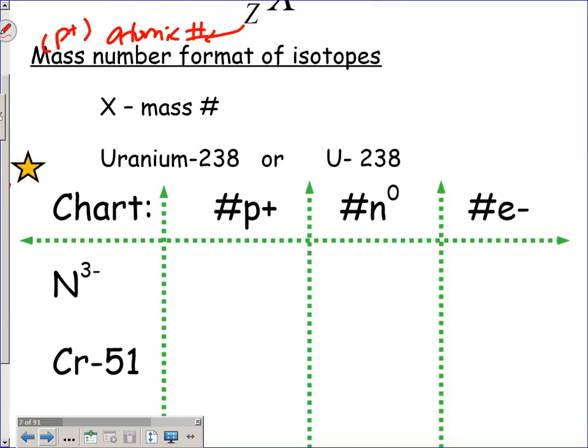So let's do N -3. What do you know? How do you know it has 7 protons? Because that's its atomic number. Shall you change the protons? You shan't. Because if you change the protons, what have you done? Changed the element, and then we have to start over, right? Do not change the protons. What was true before it got this charge? It had 7 electrons. Now it has